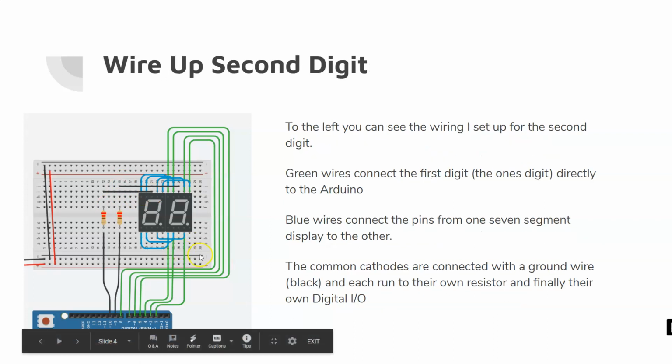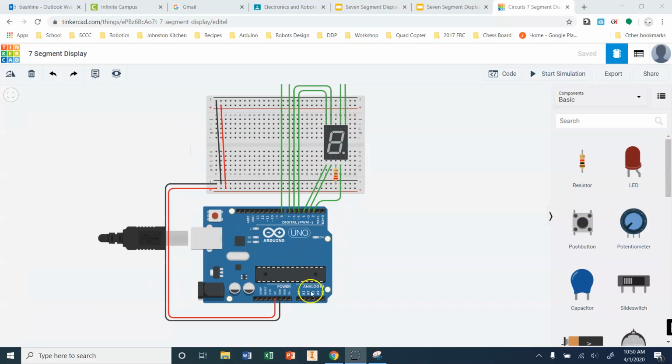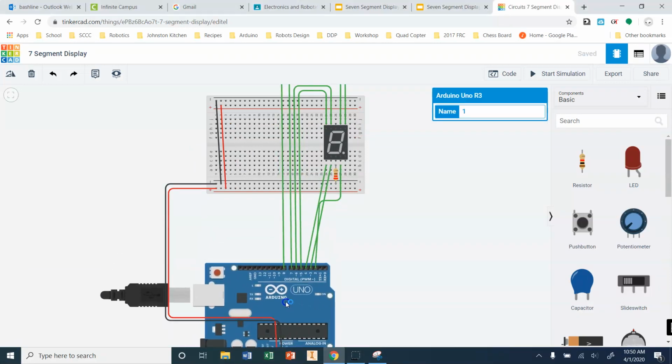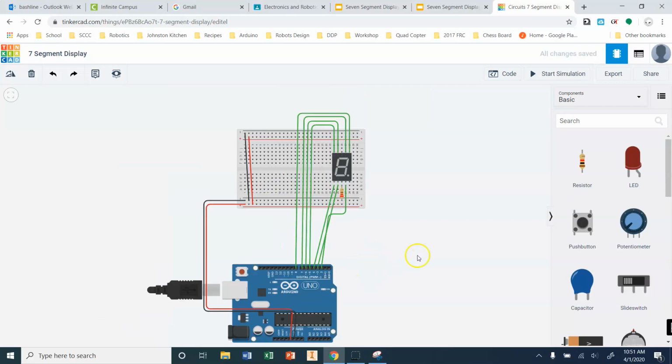We'll get into that here in a second. So let's talk about wiring first. All right, so let's start getting this thing set up. And I've just taken my old 7-segment display, which honestly, the thing that I would probably recommend you guys do